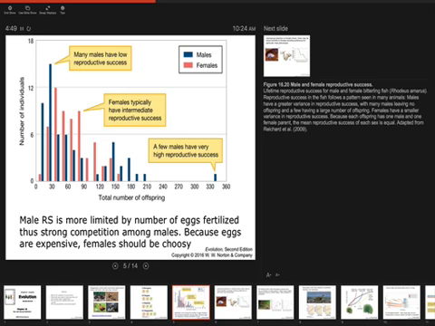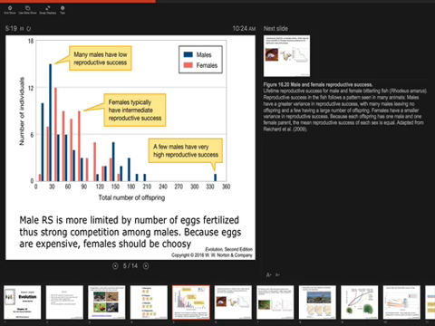Yep. So the idea here is that's probably going to be coupled to the kind of displays, or how colorful they are or how big they are. But the idea here is these males are getting access to more females and mating with more females, right? So this might be a male that had access to 6 females that on average produce 50 to 60 eggs each, right? A female, on the other hand,